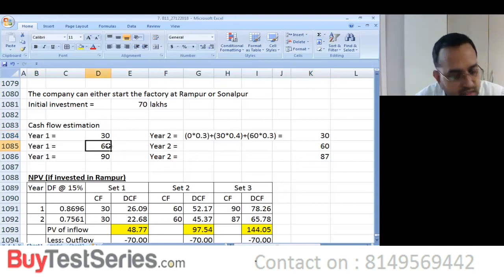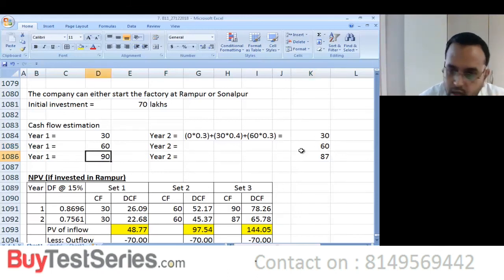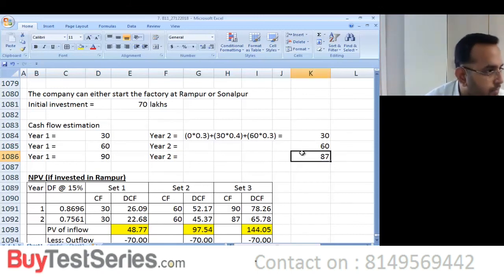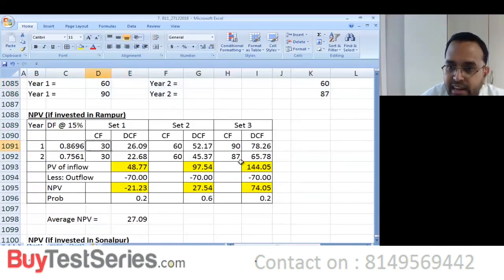Probably if first year you end up with 60, second year since you can make an average of 60, you will not sell. You will continue and get that average. First year you end up with 90, second year you will not sell because you have an average of 87. You will prefer that, not sell. So the stream of cash flows as we calculated here as 30 30, 60 60, 90 87, the 90 87 and 60 60 will hold true, but 30 30 will not hold true, correct? It's going to be 30 and 45.